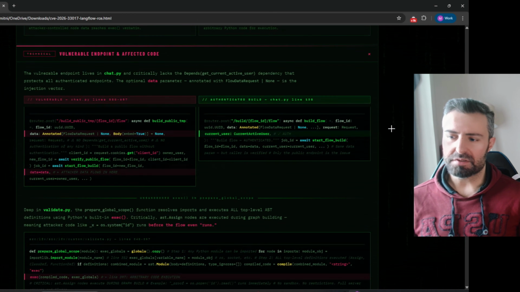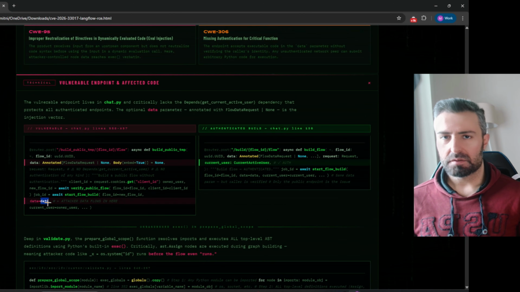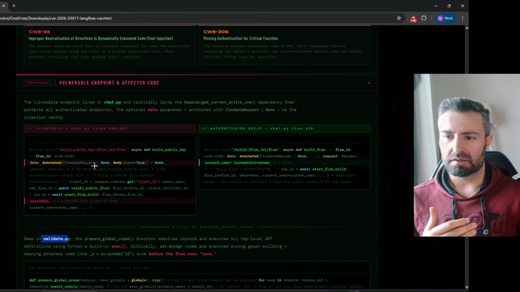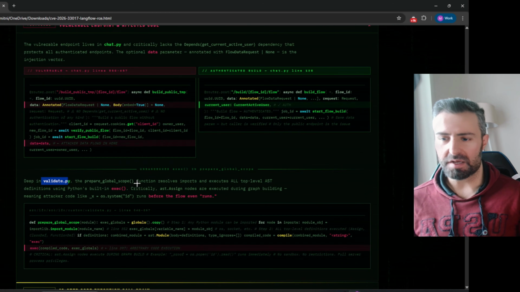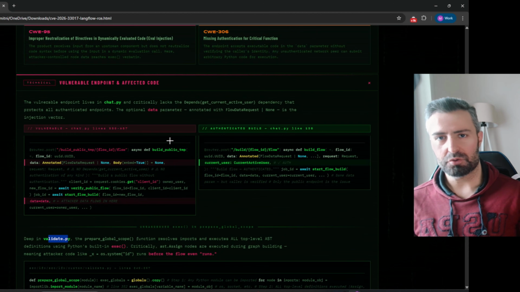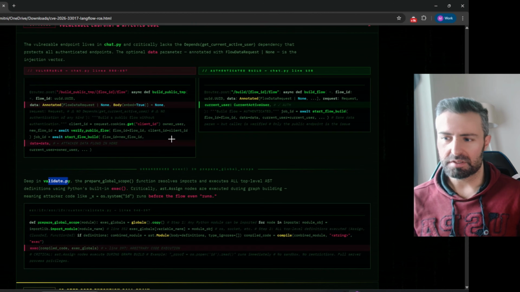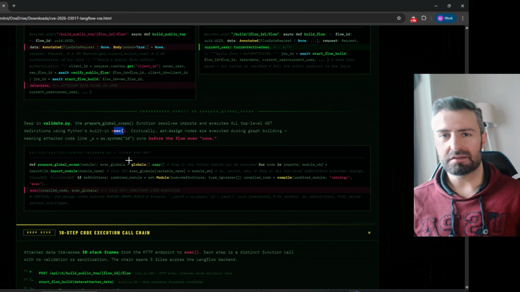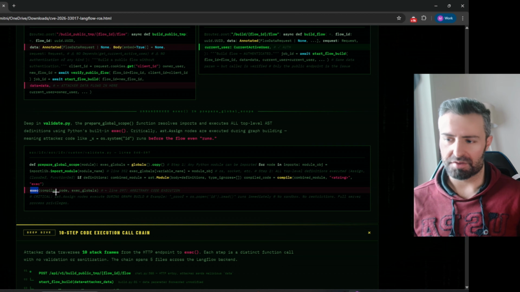Now, the other weakness is that when the data is passed, it's not filtered. And here we get to validate.py. After the flow is built, it's passed to the graph building process. Through validate.py, the code that's sent by the user to create a public workflow is executed through the exec function. Now, here's the thing. The code is passed to exec unfiltered. The data here is passed to the exec function without any input validation,